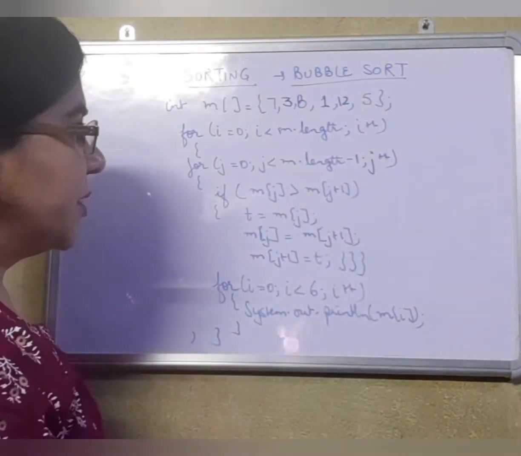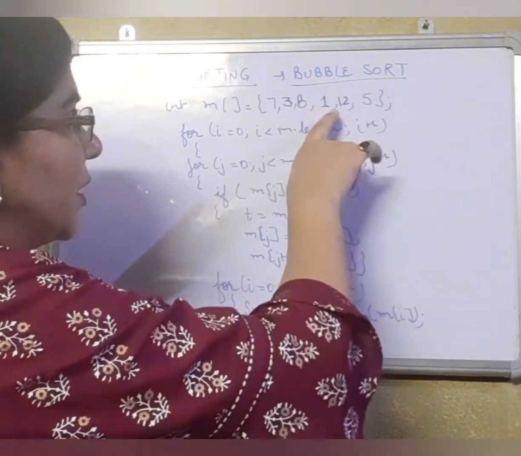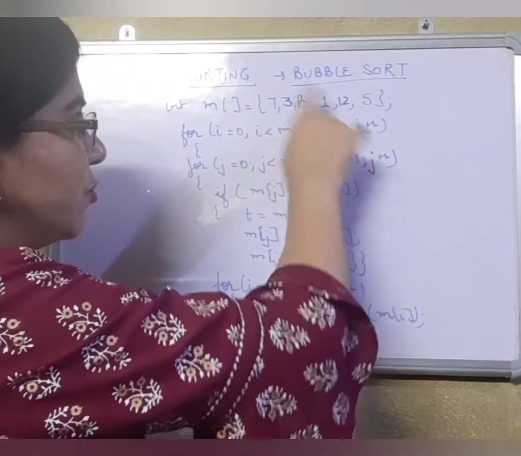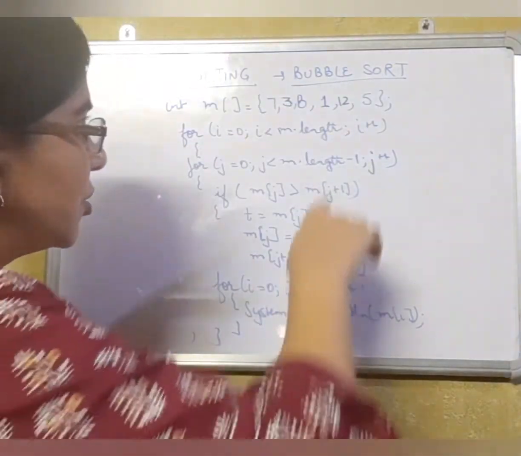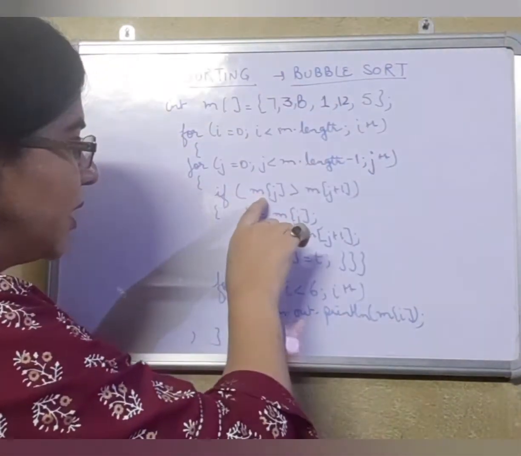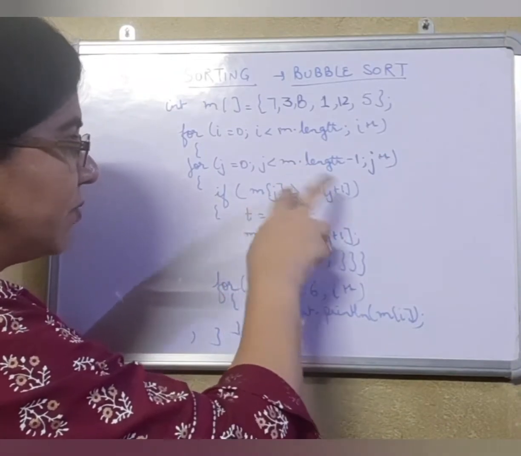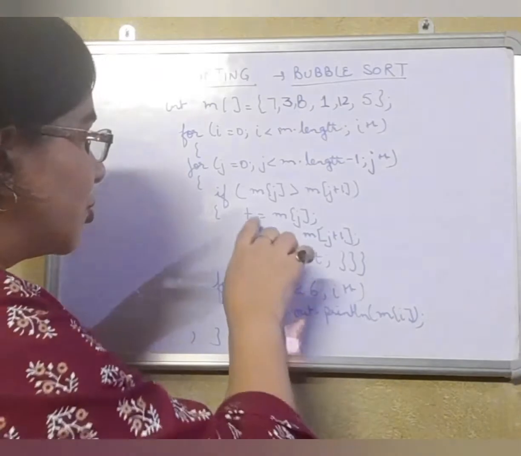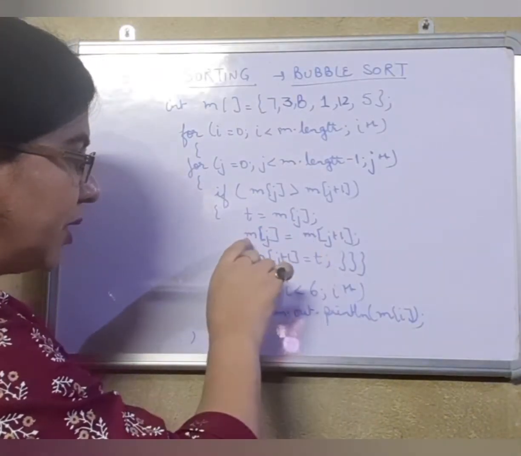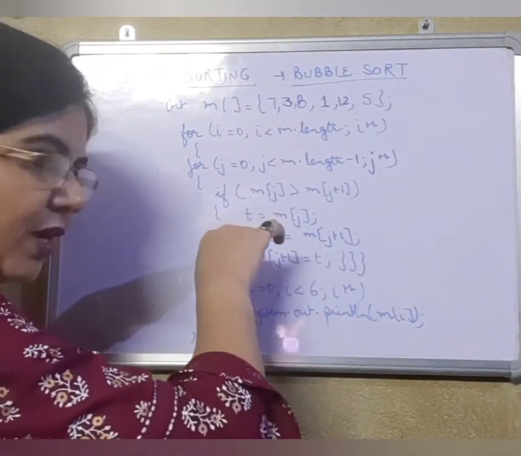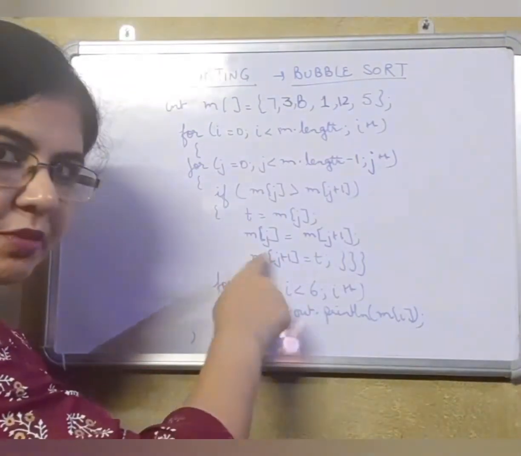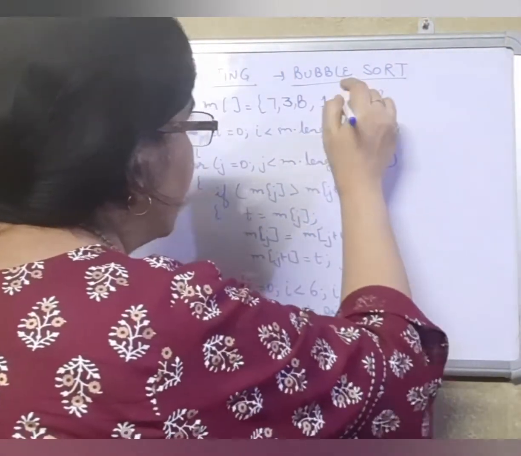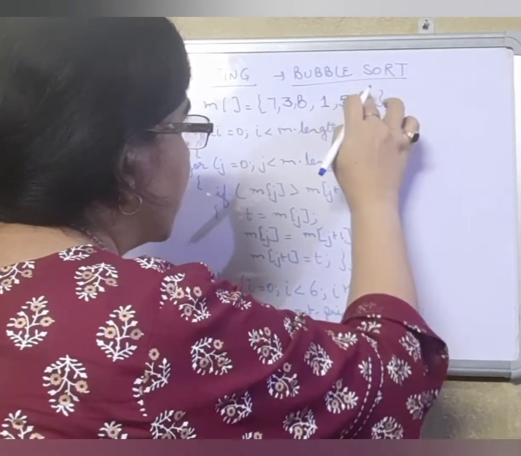Then with j plus plus, j becomes how much? It will become 3. 4 position. So it will move to 4 position. At 4 position, we have got 12. 12 is greater than the neighboring number 5. Yes, of course. So t will take 12. Instead of 12, we will be getting here 5. And instead of 5, we will be getting 12. Both of them will swap. Here we are going to get 5.